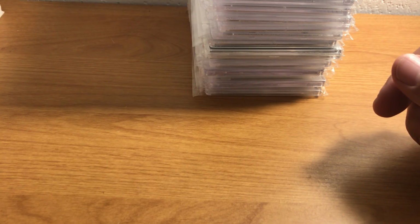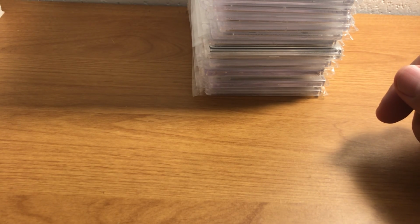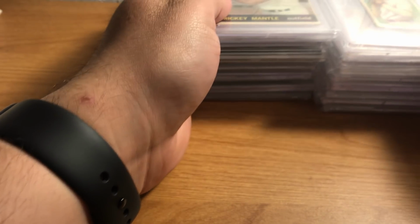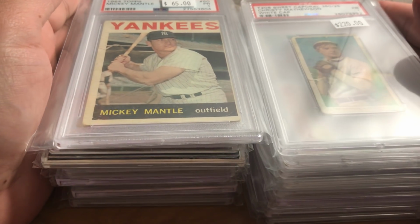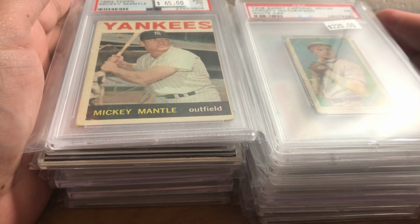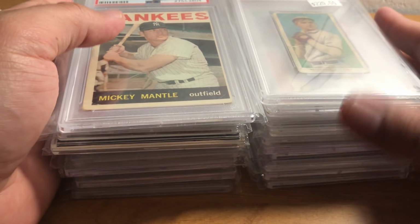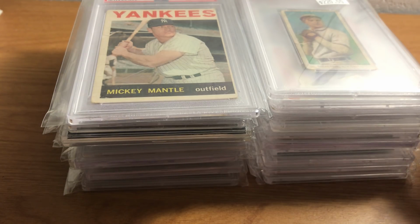There's a lot of cards, some of which are relatively valuable, but these are not my favorite cards, which might be apparent because I'm trying to sell, or at least I have tried to sell them. For now, I'm not really trying to sell them at all, but